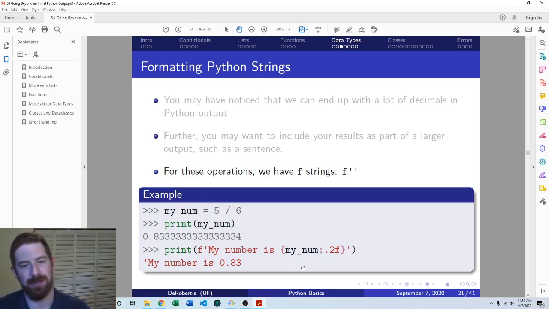So we're going to take this value and put it at this point in the string. Without this extra part, we would get "my number is 0.8333333" and so on, if you just did curly braces mynum curly braces, without any kind of formatting to it. It would just put it in there exactly like it would print normally. But then we also want to apply formatting to it. So to apply formatting, we have this colon,